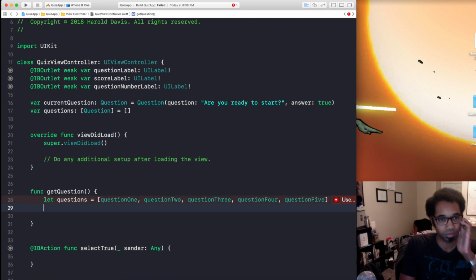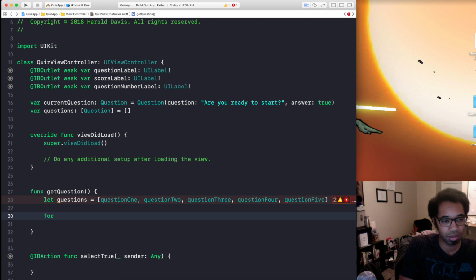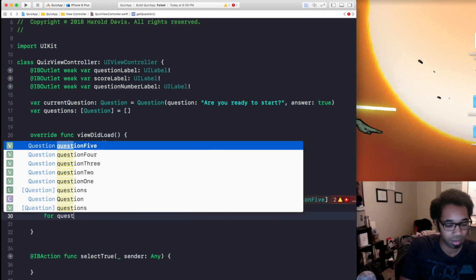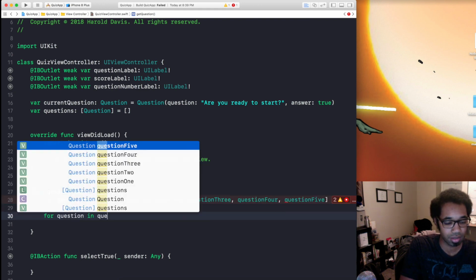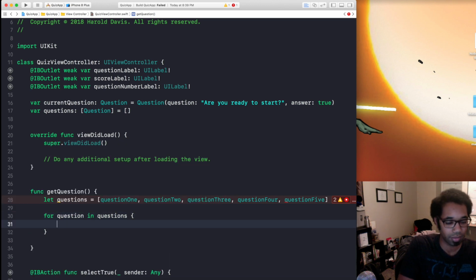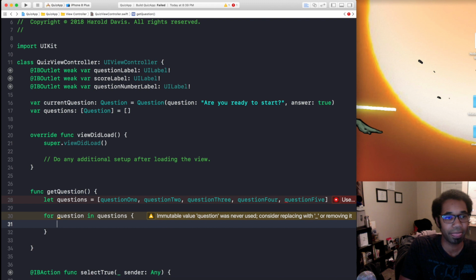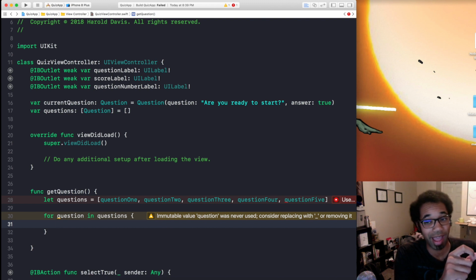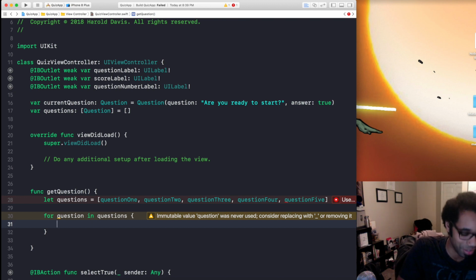Question 5. Okay. So I taught you how to do a for loop in our loops video. So let's use that. We can do for question in questions. Does anyone remember how you actually append an element to an array? How you add an element to an array? I just gave it away. You append it. So you would go